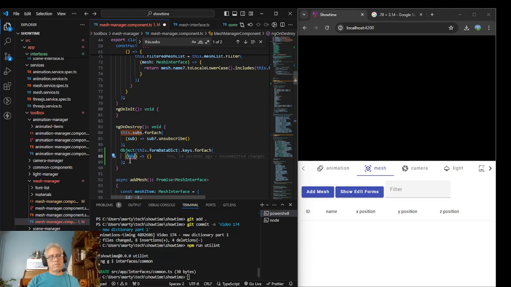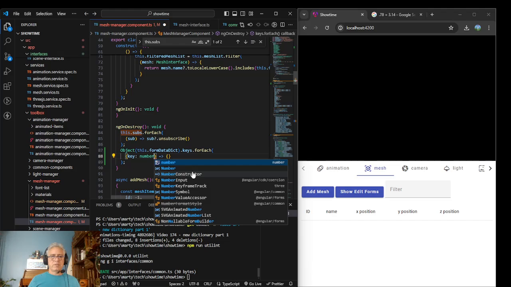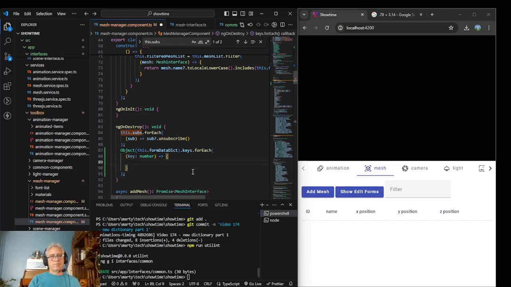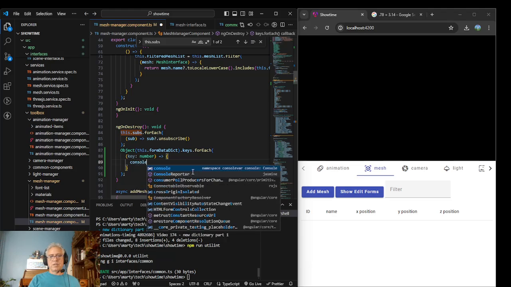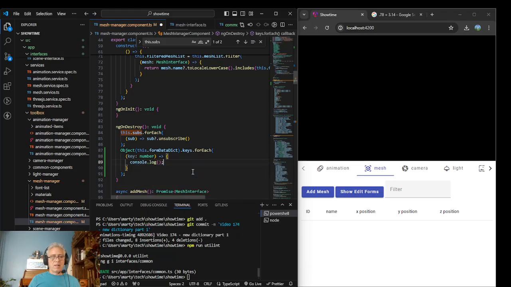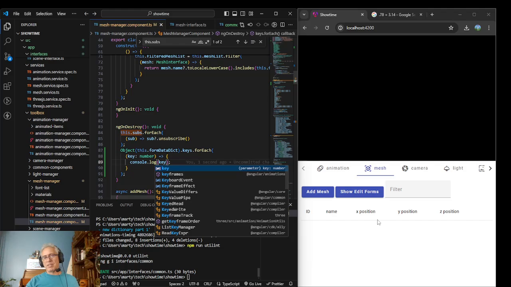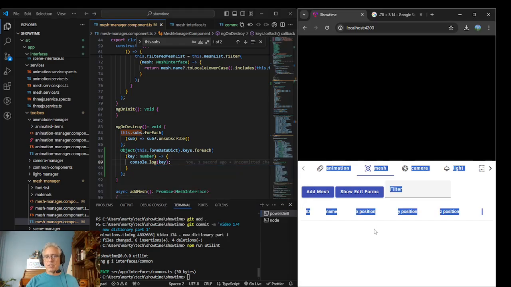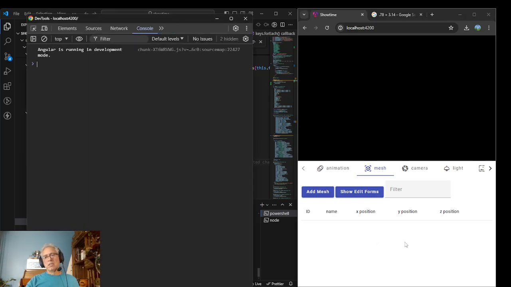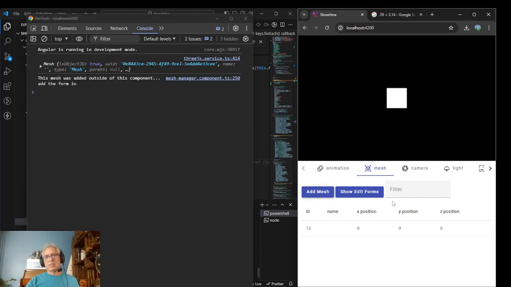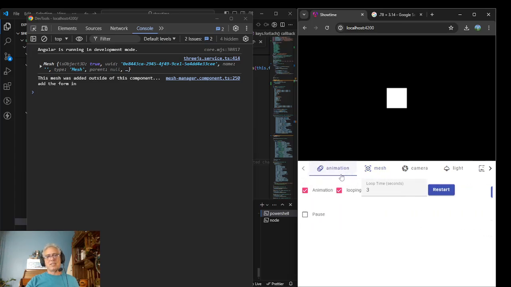What am I doing wrong here? Key is declared. Oh, which I believe is a number. Pretty sure it's a number. And then we're just going to do a console.log of key. Just a reality check, just make sure this stuff works. Shift I, and then add the mesh, and then, oh, actually, we never actually delete this stuff. So,